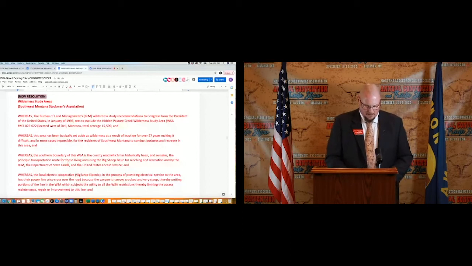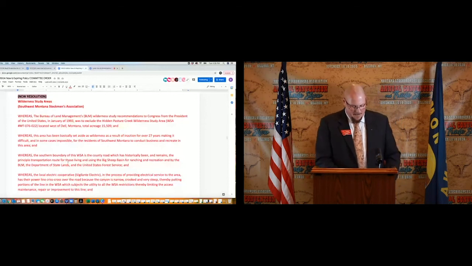this area. And whereas the southern boundary of this WSA is the county road, which has historically been and remains the principal transportation route for those living and using the Big Sheep Basin for ranching and recreation, and by the BLM, the Department of State Lands, and the United States Forest Service. And whereas the local electric cooperative, Vigilante Electric, in the process of providing electrical service to the area, has their power line crisscrossing over the road because the canyon is narrow, crooked, and very steep, thereby putting portions of the line in the WSA, which subjects the utility to all the WSA restrictions, thereby limiting the access, maintenance, repair, or